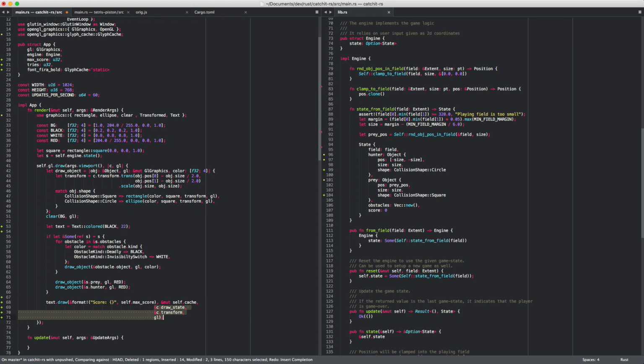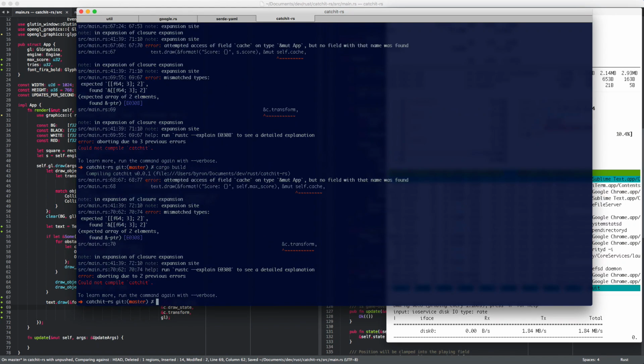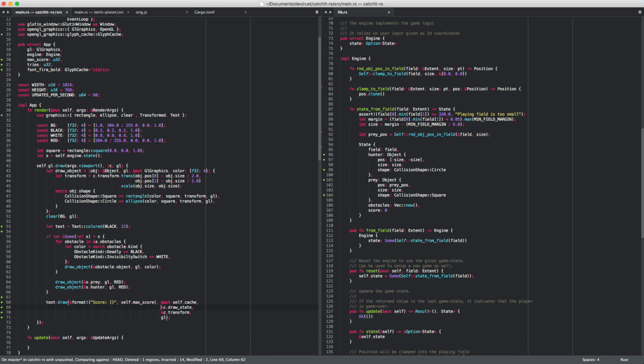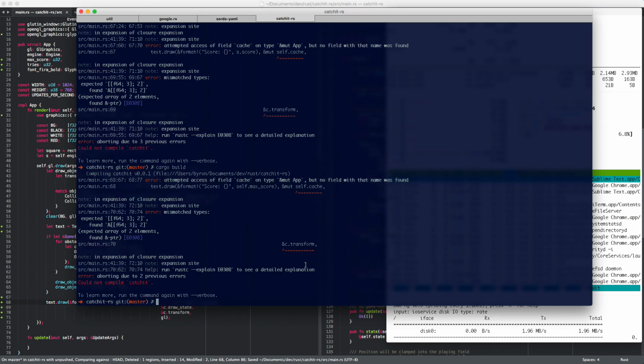Yeah, like this. Let's see. C transform, self cache, no such field cache. Oh, sure, we don't have a cache. We have Fira, font Fira bold. And then the transform thing. I expected